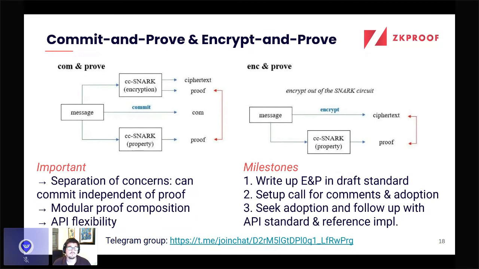You can have one commitment and a proof for that commitment, and then several proofs for different statements, and they will all work together, right? You wouldn't have to reprove that you used the correct data for the different proofs. And at a high level, it can give some API flexibility, right? If you think about implementing this, you can replace the underlying proving system with ease, and reuse the old commitment or encryption, right?